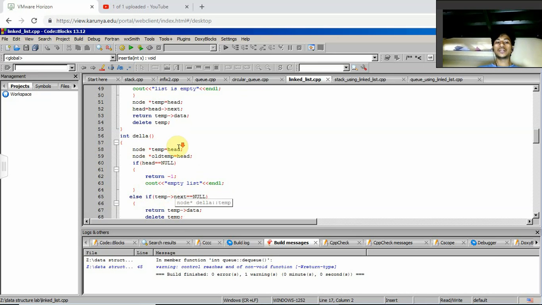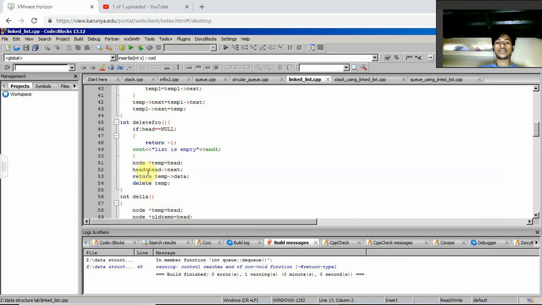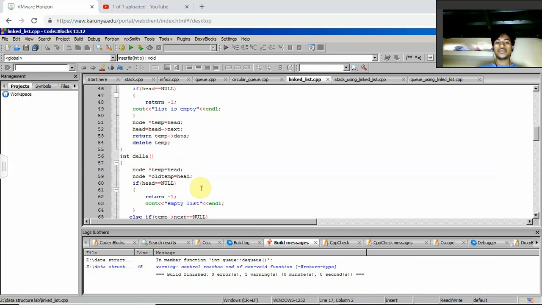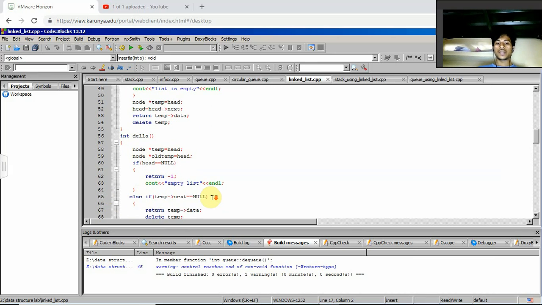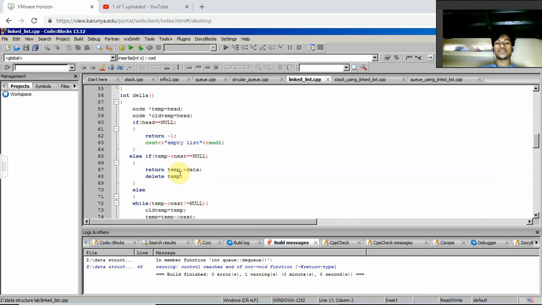Then we should use here another function int delete last, then node temp is equal to head, and node old temp. Then we should use an if condition: head is equal to null, then return -1, and we should print it is an empty list. Else if temp next is equal to null, then we should return the temp data, then delete the temporary node,